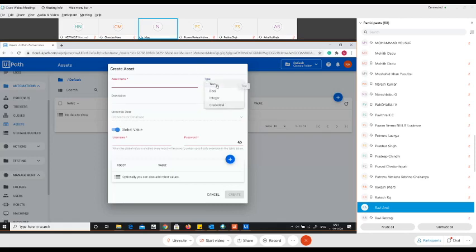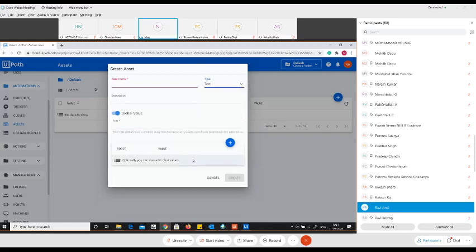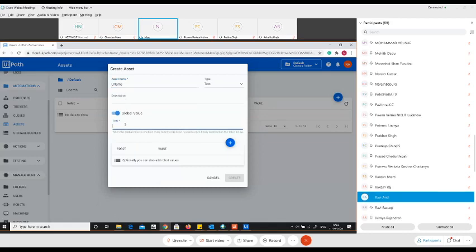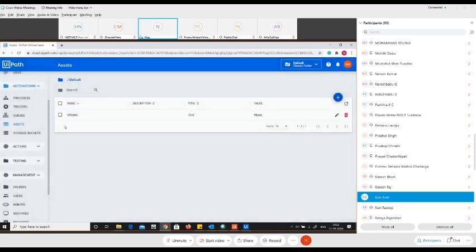So let me go ahead and first create an asset of the type text, and let me give a name to it. In our case, I'll say the name is username. Okay, so I'll keep it simple. I'll give the asset name as username, and over here you need to give a value to the username. In my case, I'll type my name, so the name is Niyaz. So now create the asset. So we have an asset created with the name username, and it holds a value called Niyaz.